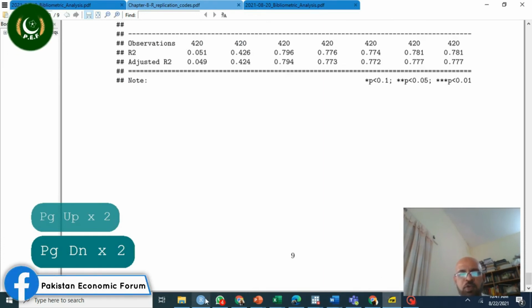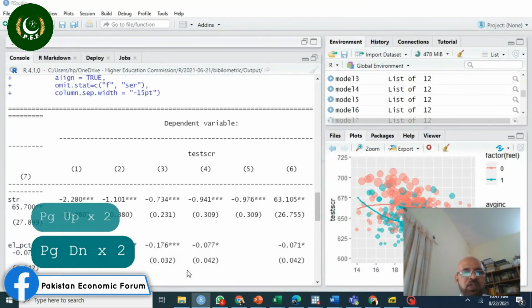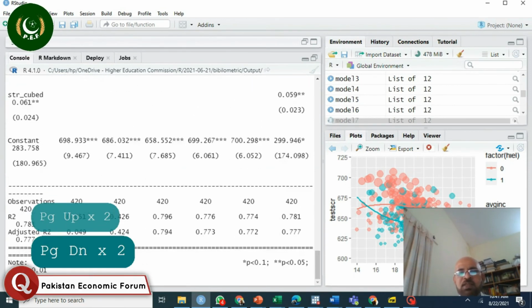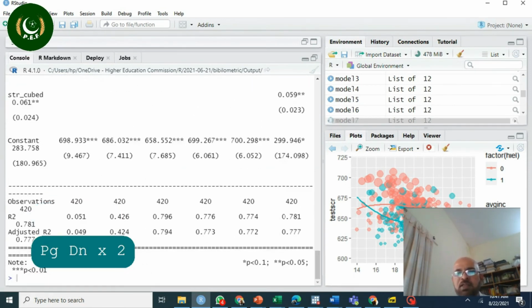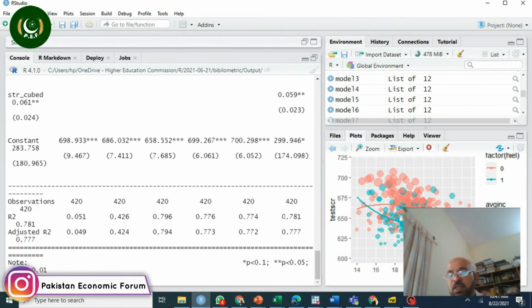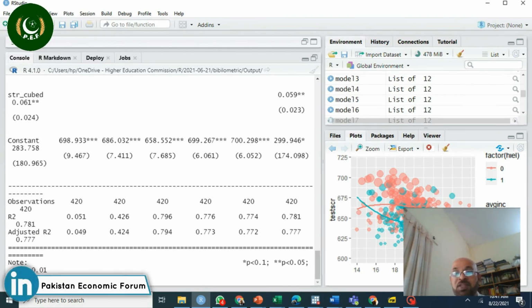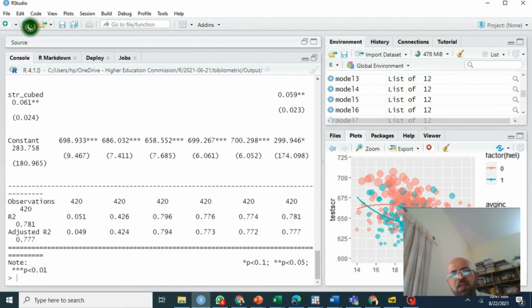You can do it just by using the stargazer library, and you can interpret these results. You can understand these results by reading particularly the last section of the chapter in Introduction to Econometrics by Stock and Watson. Please read it to get the maximum out of it, and those who are already good can just